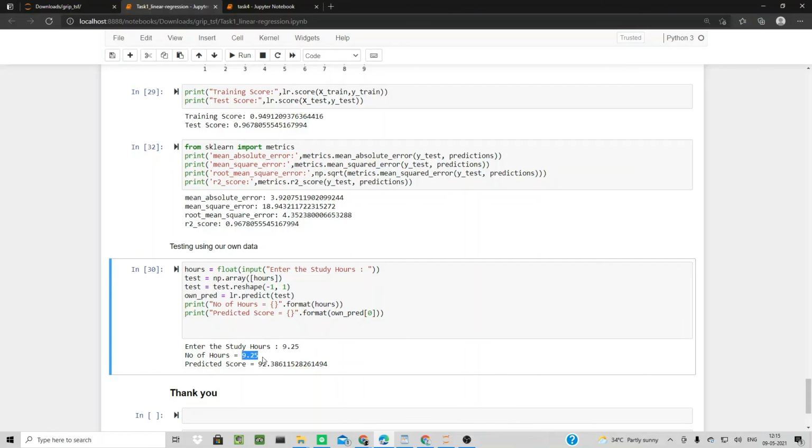So you could see there is some error, so it can't be exactly the value of y, but I got a certain value with a little amount of error.